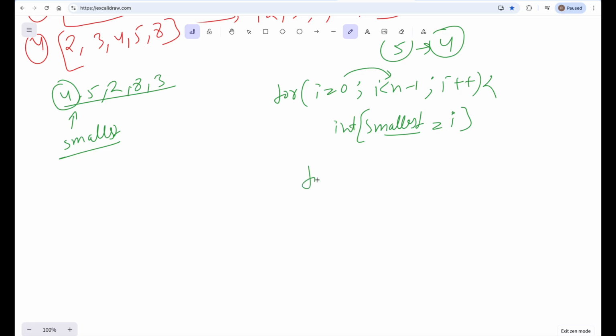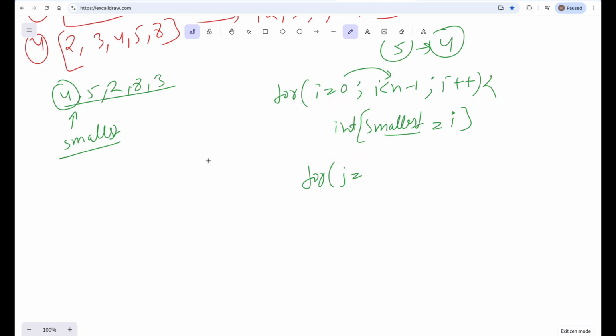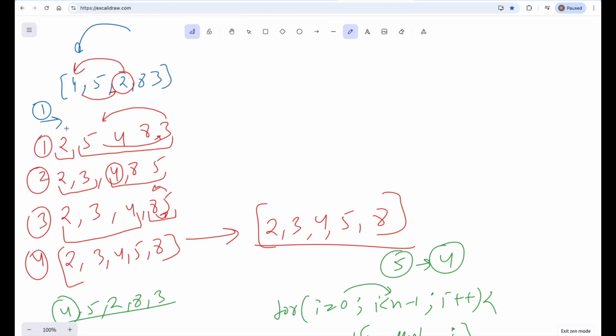So we will run an inner loop, for j equals to... As I already told, if one element is already sorted, we need to compare it with the other elements.